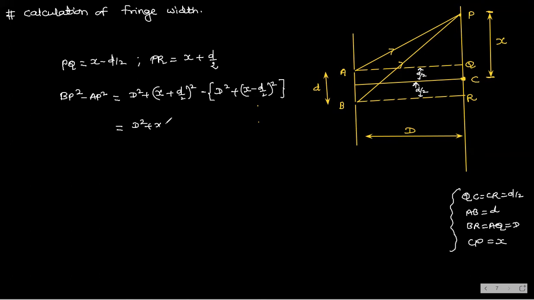Right, so let's do it now. D square plus X square, I am expanding. X square plus 2 into X into d by 2 minus, I am subtracting simultaneously, or let it be, first we will expand. D square plus X square minus 2 into X into d by 2 plus. Here we did not take d square by 4, so we will do it one more time, otherwise one term will be missed.